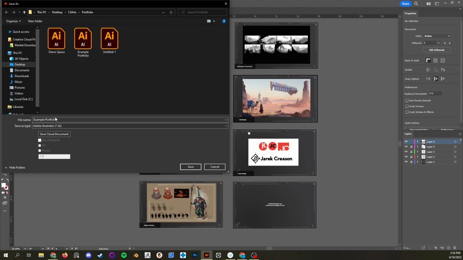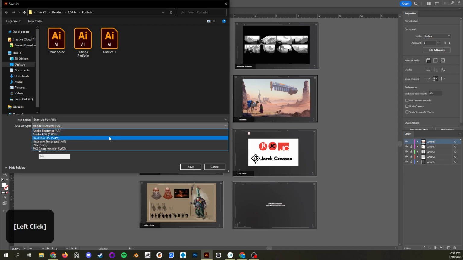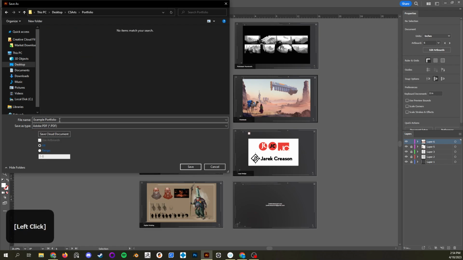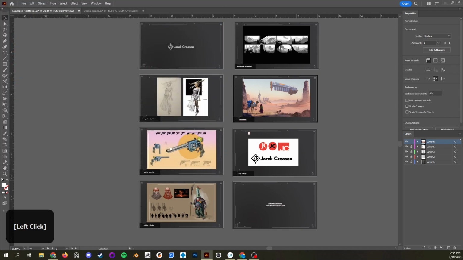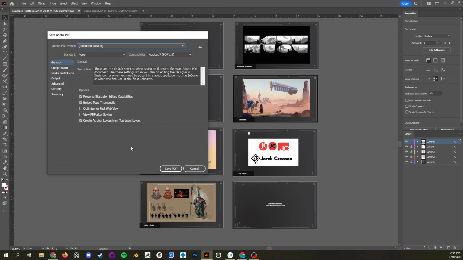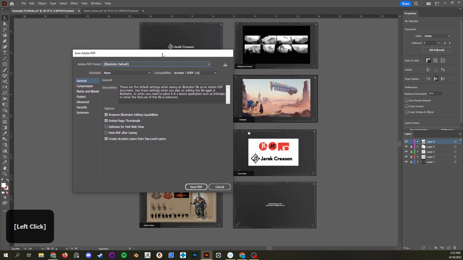And we're going to go down here where it says Adobe Illustrator, save type, go from AI, go down to PDF, name this whatever you want. I'm going to keep an example portfolio for me. Make sure you have Use Artboards on, hit save. It's going to bring up a box like this, and this is important, really, really important, because